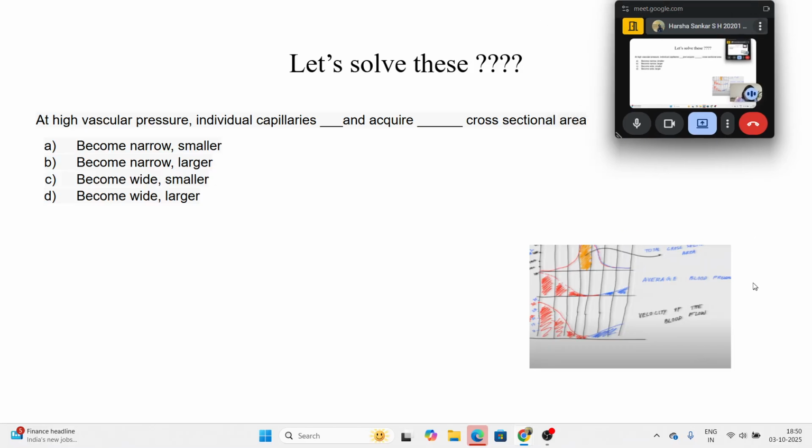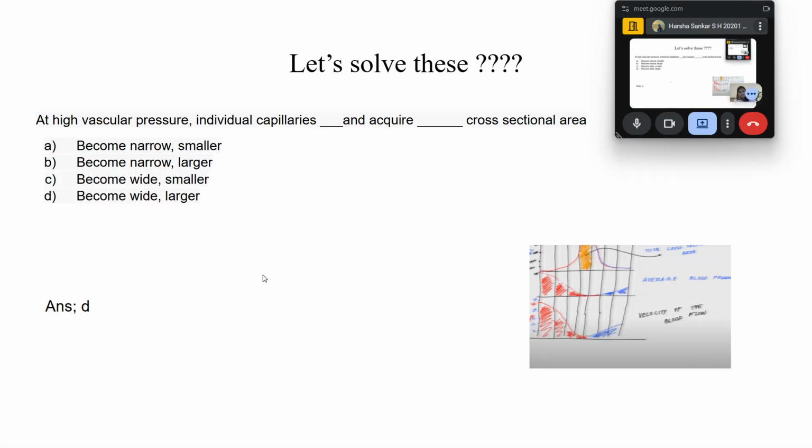So this is the average blood pressure. At high vascular pressure, high pressure is always about arteries, right? High pressure is in arteries. But the question is about capillaries. These are the area of capillaries, this middle one. The cross-sectional area of capillaries is very low, right? So what is the correct answer? The correct answer is they will become wide, but